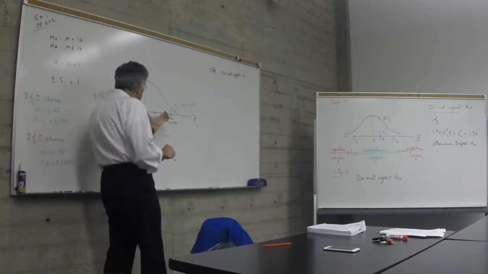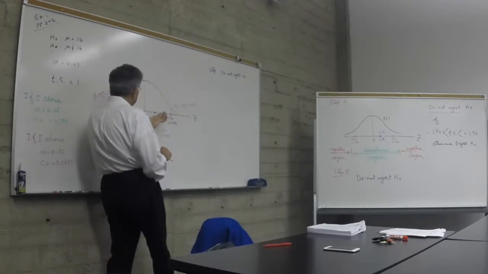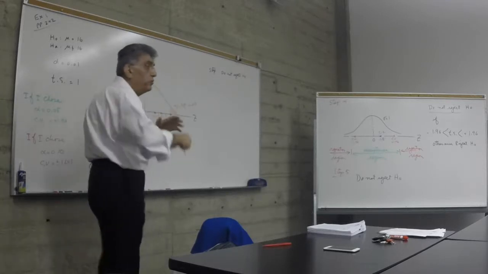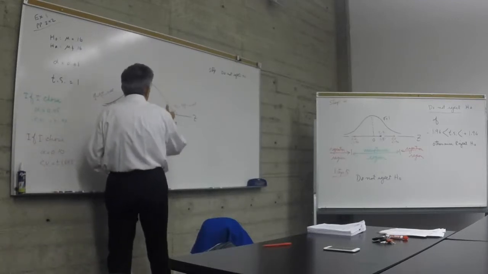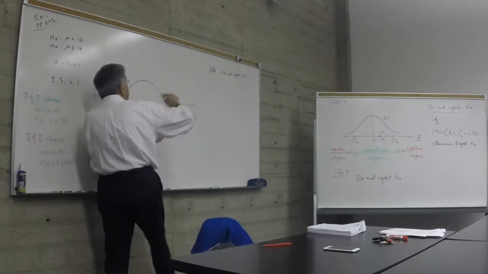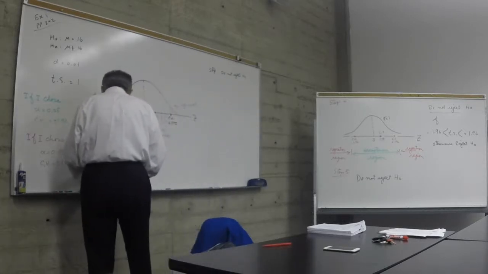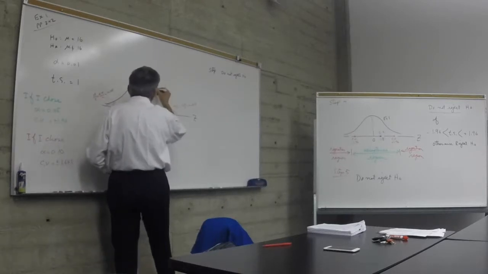There is absolutely no change in the conclusion, because in all three cases, the statistic is within this acceptance region, this green acceptance region, and this black acceptance region. So absolutely no change. So the idea of p-value is to find the highest alpha that would change the conclusion completely from do not reject to reject. So in order to find alpha, what we do is that we find the value